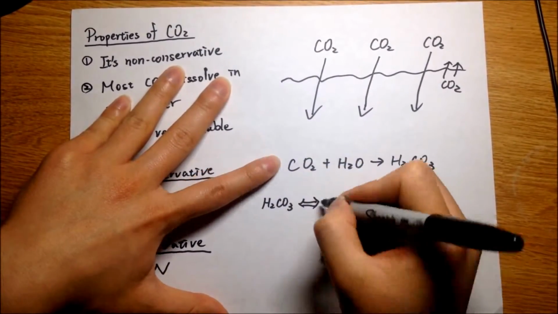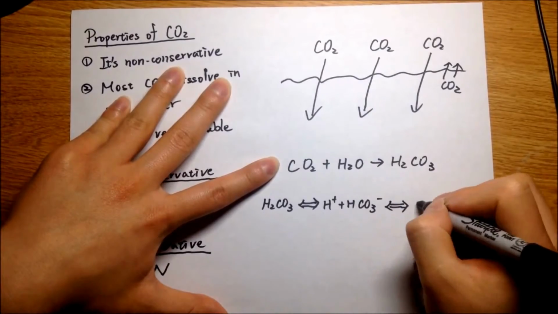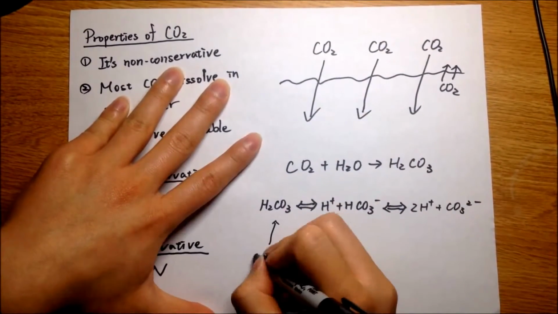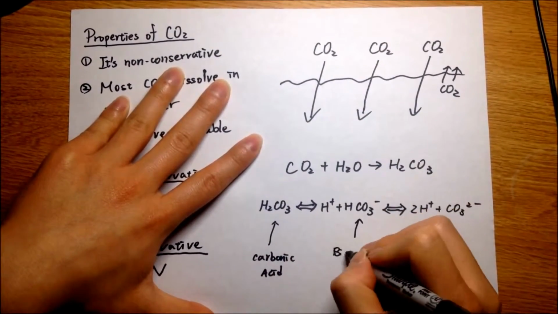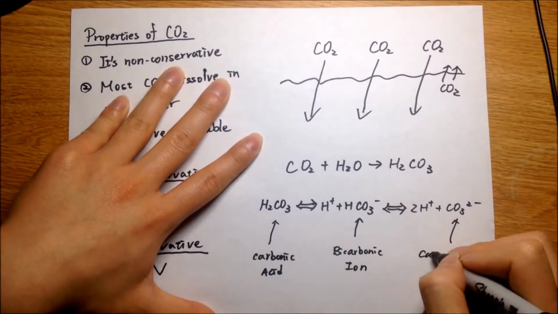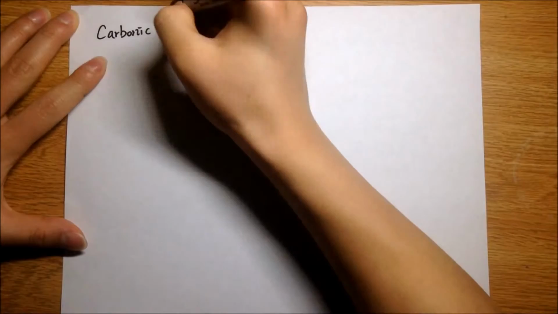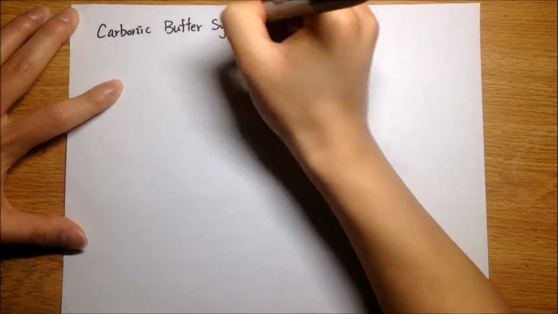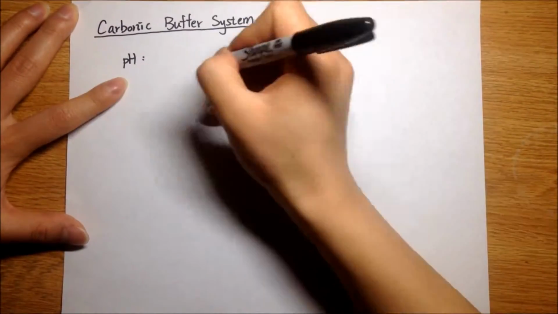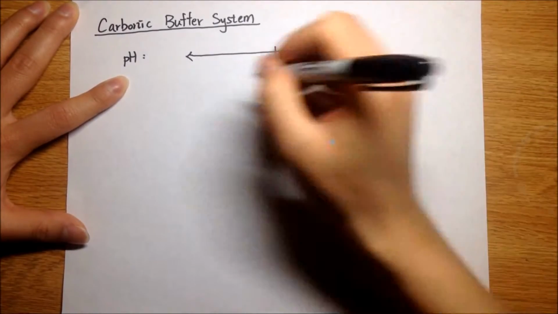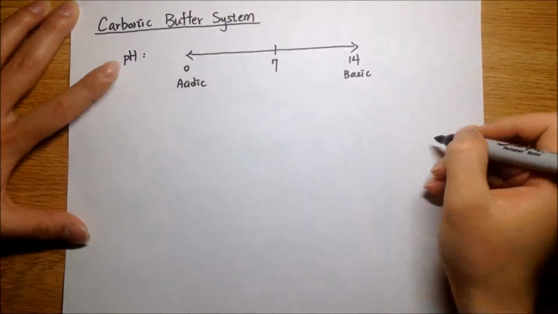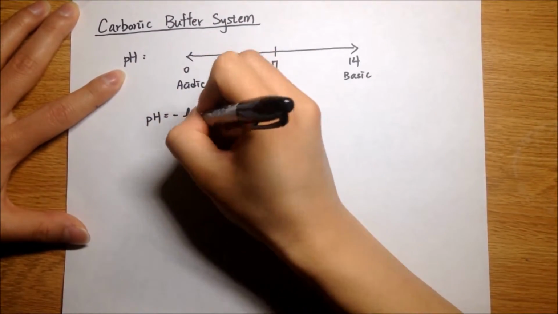What's more important though is that CO2 chemically combines with H2O to form H2CO3, a carbonic acid, which can dissolve into HCO3, the bicarbonate ion, or CO3, the carbonate ion. Keep in mind that reactions between these carbon compounds function on a two-way street in what is known as a bicarbonate buffer system. But to understand the system, you have to understand pH, which represents the density of free hydrogen